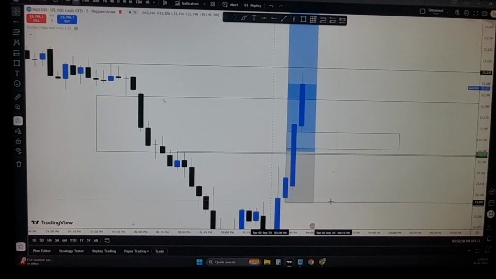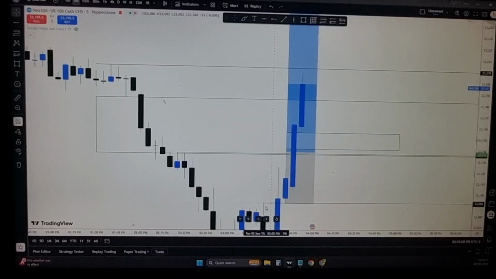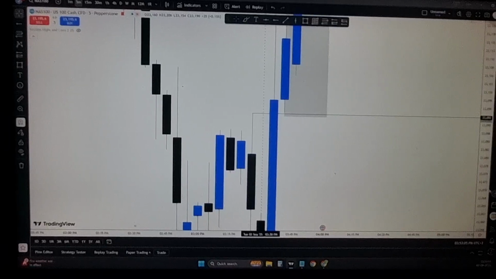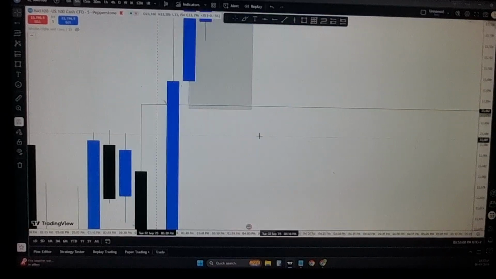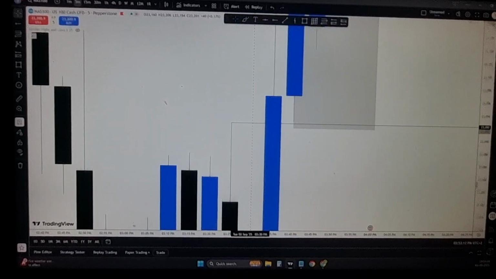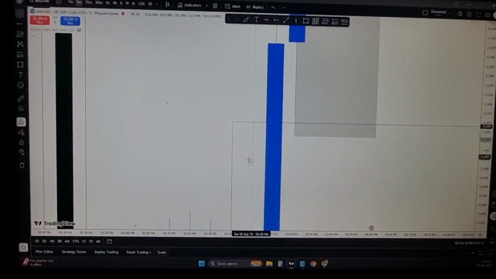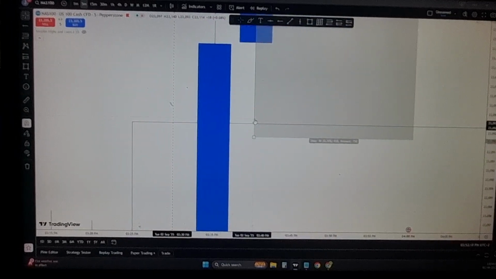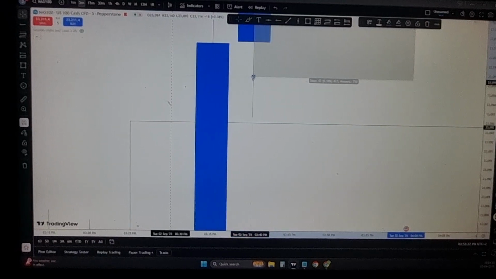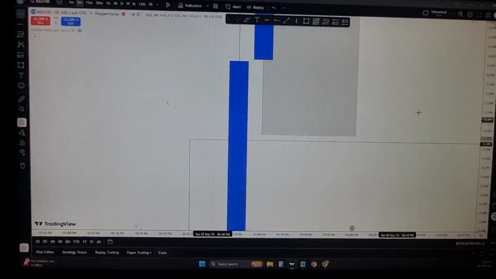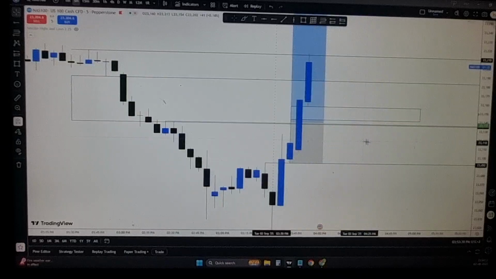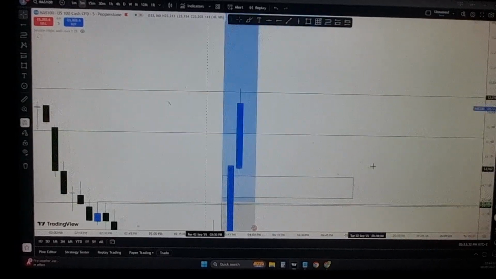If I'm not mistaken, no, we don't. Feels like we have a lot of buying pressure after this order block or something, but that order block's not hit, bro. I don't know if I'm tripping or what. No, it's not. So we definitely need a retrace.